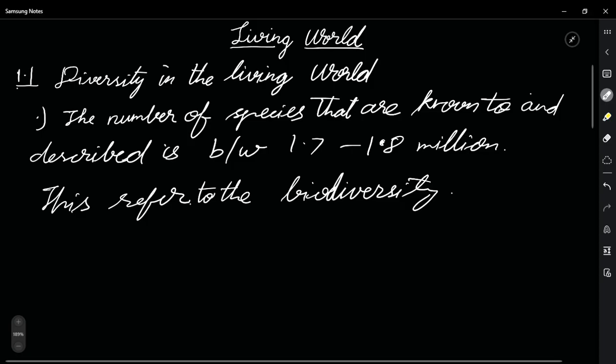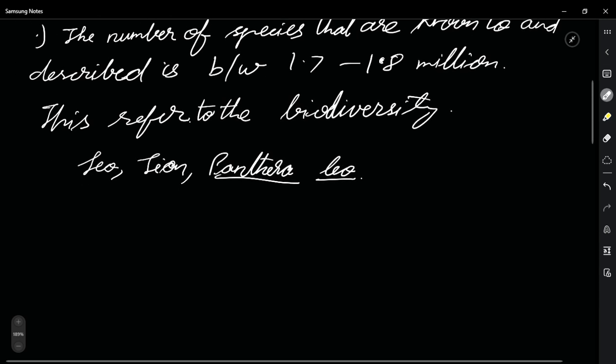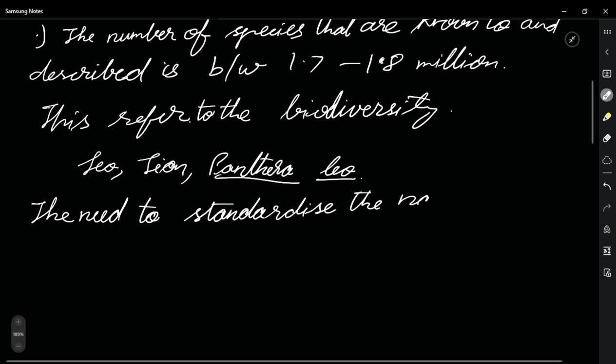Have you ever known an animal by different types of names? You can call a lion Leo, lion, or Panthera leo, the scientific name, and there are many more names. But why do we need so many names? We need to know only one name. Let me write it: the need to standardize the naming of living organisms